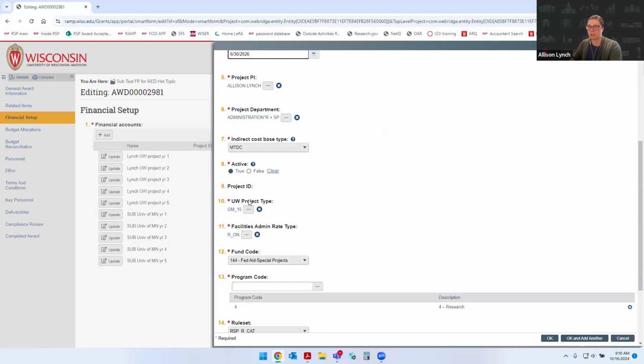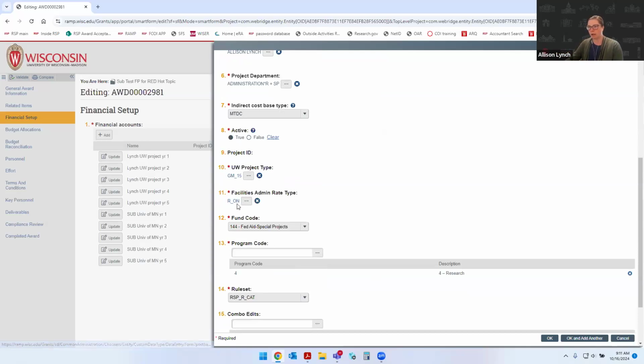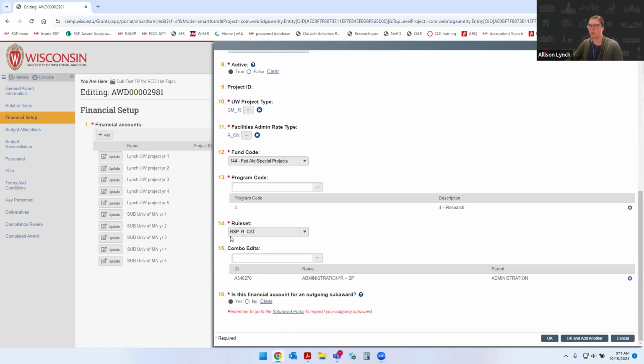So it's still a research project. We have GM10 on our side, but just to classify all these specific types of outgoing sub projects, we're using GM15. And we have a research rate. It's 144, program code 4, CAT rule set, and yes, this is a financial account or project for an outgoing subaward. And I like to just highlight that this is,